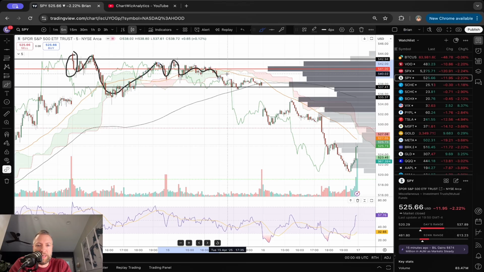And as you can see right here, once we broke below this Ichimoku cloud right here, it started turning bearish. You could see the red cloud starting to form. And we started breaking down along this resistance line, which would have been support at the time, which is this resistance line right here. And then we had a huge drop